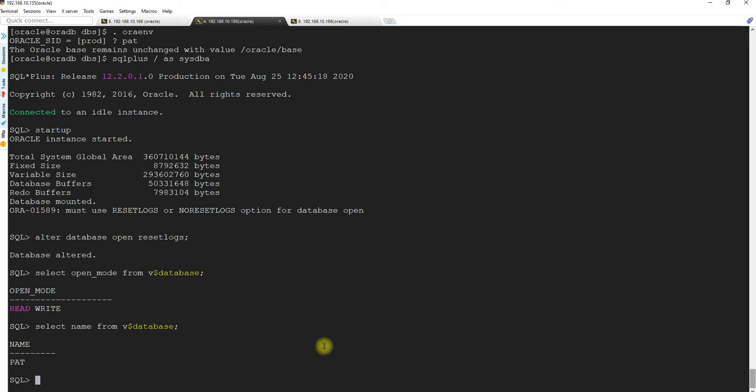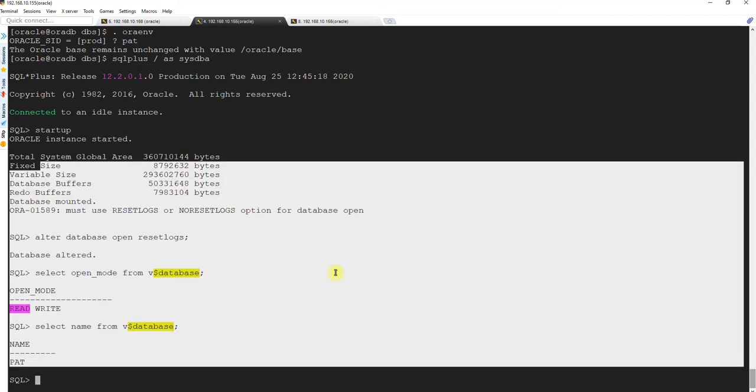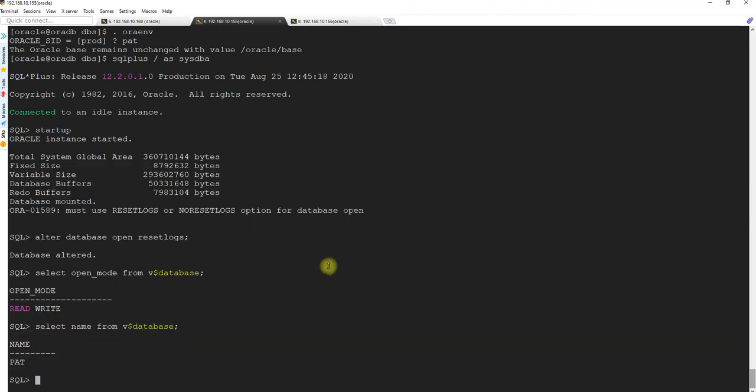It has been a long video, but a very, very important video. People usually use RMAN duplication to duplicate the database from one server to another. But these cloning activities are still found in many environments, and it is very, very important. So you guys must know how to do it. Thank you very much for attending.